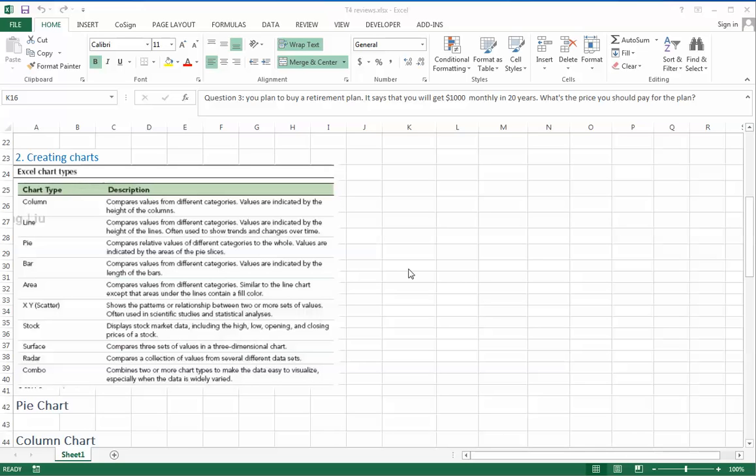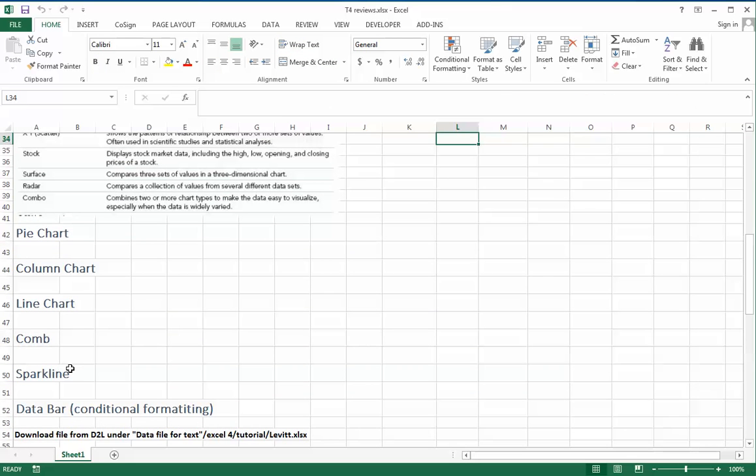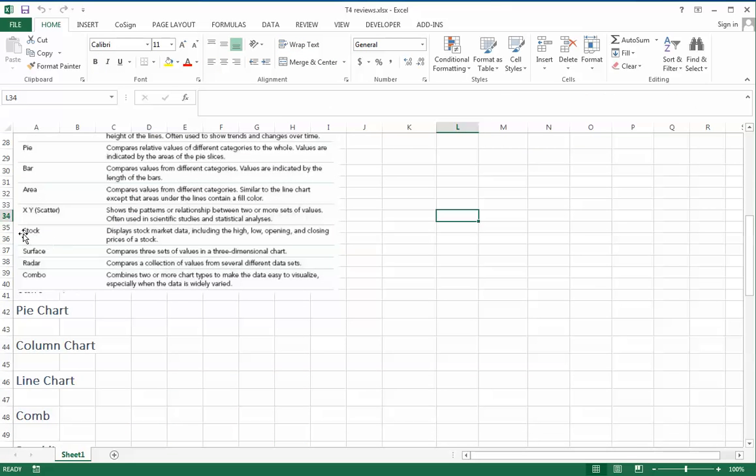Next, we talk about the charts. Excel provided 10 categories of charts, such as column, line, pie, bar. So in this class, we'll cover those charts. For other charts, like the stock,